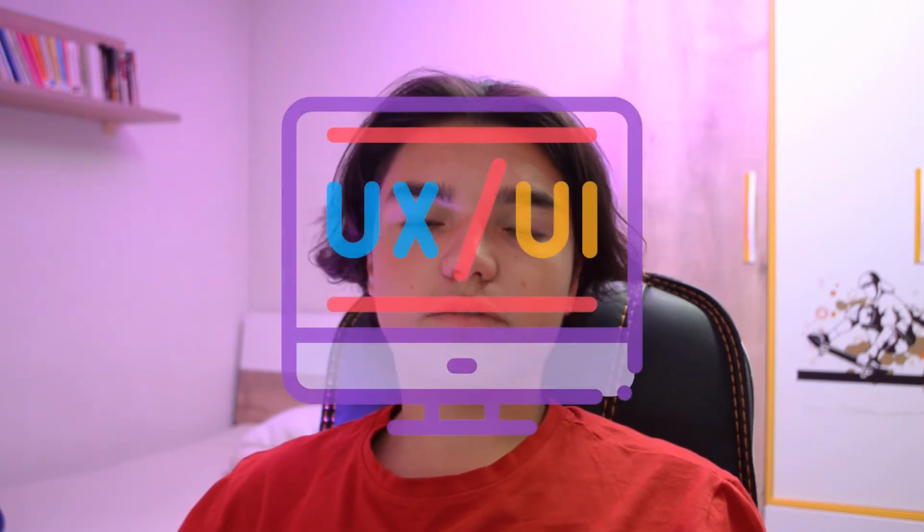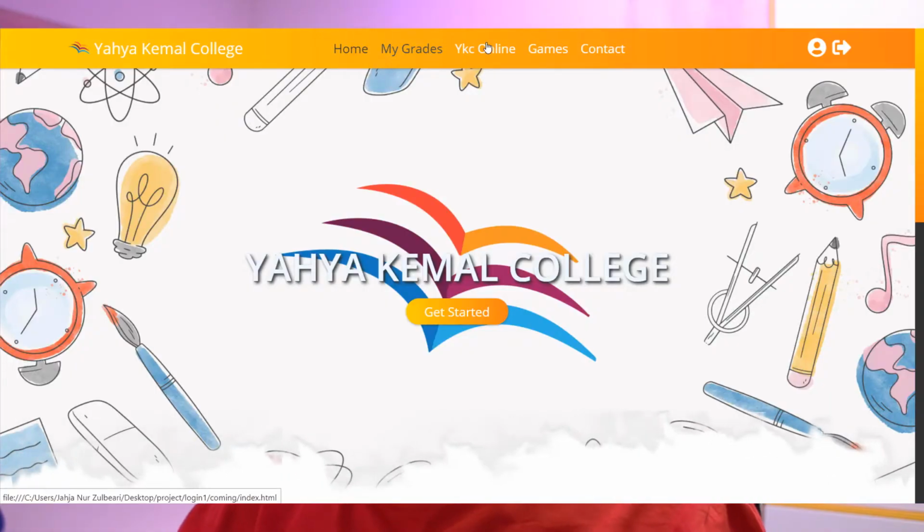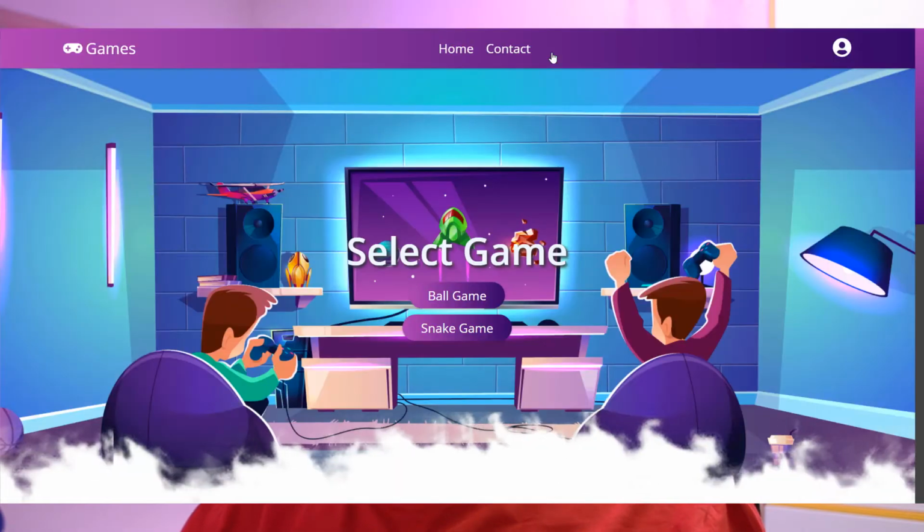I'm so happy to participate for the second time in this competition, but this time I'm participating in the programming category. As you know, I'm a student at Yahya Kemal College, and during classes I always felt that I was missing something more modern and compact to integrate all the knowledge that I gain in my studies and assess my performance. I therefore wanted to offer a solution to this problem, so I created a modern website based on user interface and user experience, where guests get more information and students, through login, can access a personal learning and performance